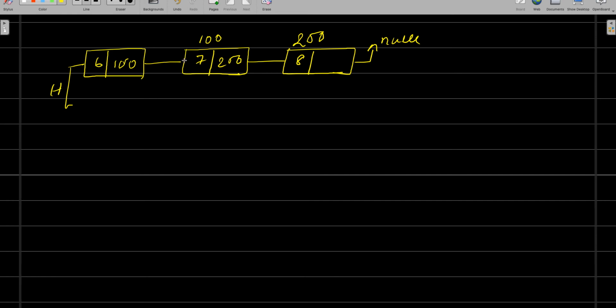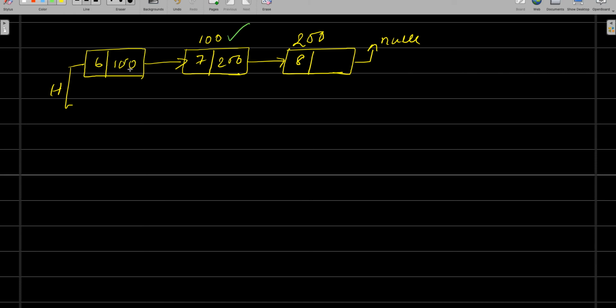So here guys, when we see address is equal to 100, what does that mean? So the one node is nothing but its object will have a data and the address of the second node. So when we say this node as an object, every object will have an address in the memory, right? So assume that this object address is equal to 100 and this 100 will be stored into the first node.